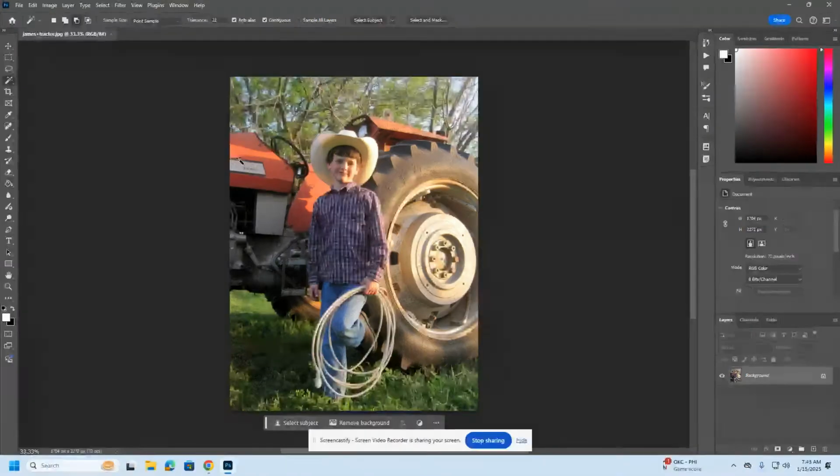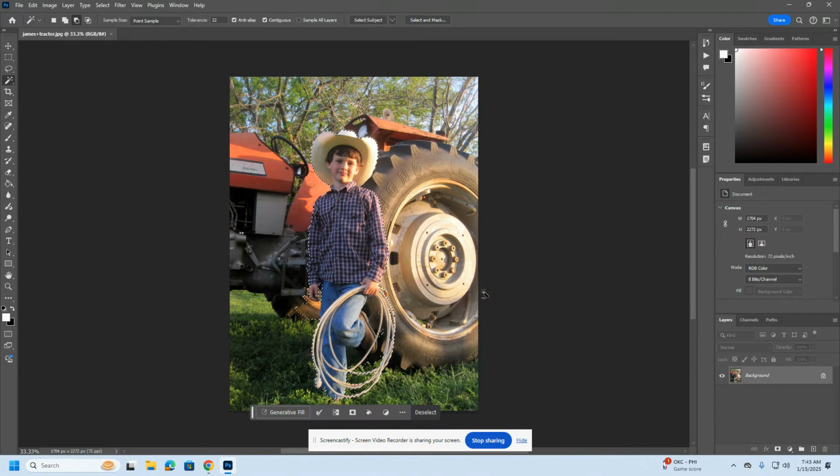now we're going to select the subject. If you don't see this bar down at the bottom, ask me and I'll show you how to get it to pull up, but it says Select Subject. It's a quick way to select the most prominent thing in your picture. And it does grab a little extra. Some of this tire right here of the tractor is close to the color of his hand, so it grabbed